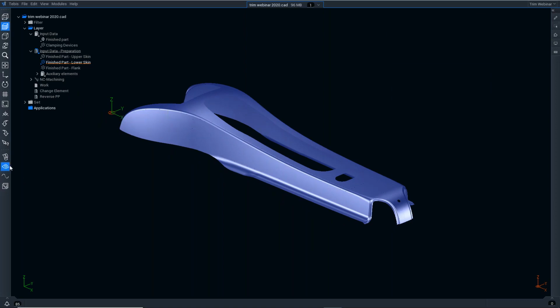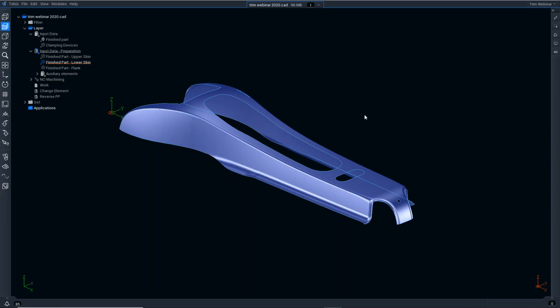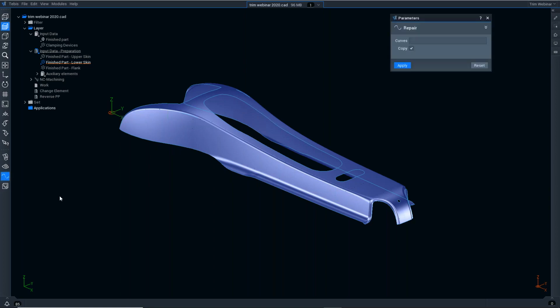So the next step is to create a curve around the external boundaries of this component. And it really is as simple as that. 2 clicks and we have a curve. Now, where we're dealing with solids, especially customer models and things like that, we can have some inconsistencies in the CAD data. So when we produce these curves, we can sometimes wind up with inconsistencies in the curve as well. Because these curves are being generated directly from the surface data, we have the ability to repair these curves very simply. So we're going to choose the curve